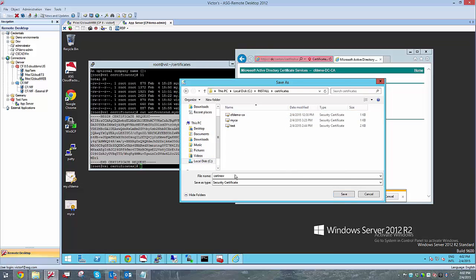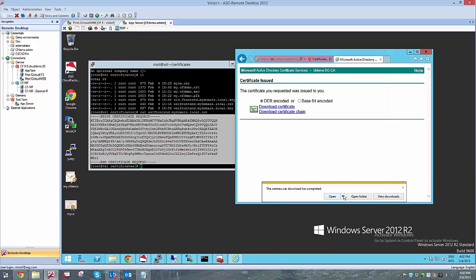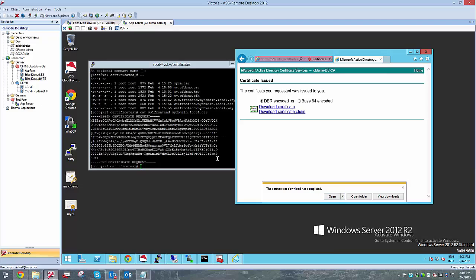I will just use the name CertNew for now. With the certificate saved, this certificate cannot be used at this point in the Linux environment. We need to convert it to our Apache format. So let's go to this particular website,